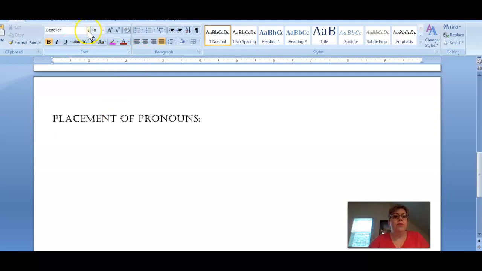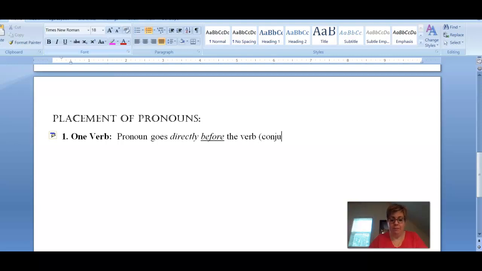Okay, so first rule. This is if you have one verb, right? If you have one verb, the pronoun goes directly before the verb, which will be conjugated. Okay, because if you have one verb, it's got to be conjugated, because you can't have a complete sentence if your verb's not conjugated. Okay, but sometimes in Spanish we have